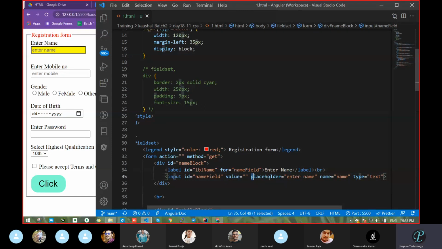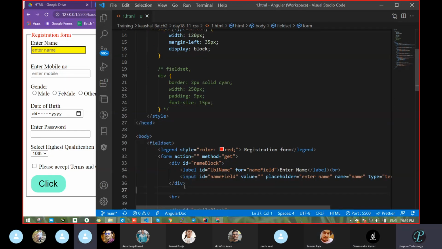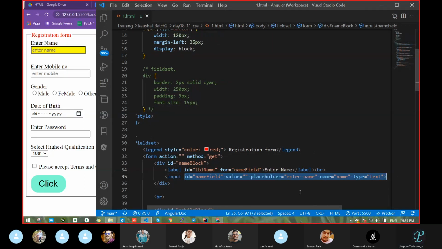What about placeholder? What about name? Attribute or not? Yes. What about type? Yes. So except this input, what is this one actually? Attribute or what? Tag. That is the tag. Except this, whatever is available, all are attributes.